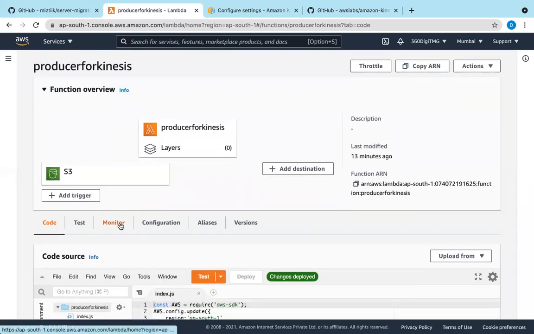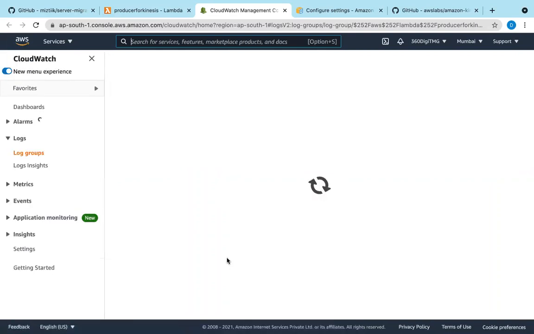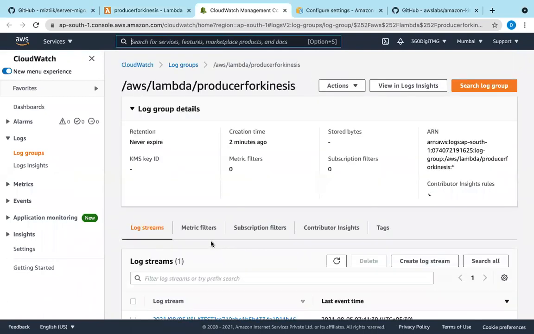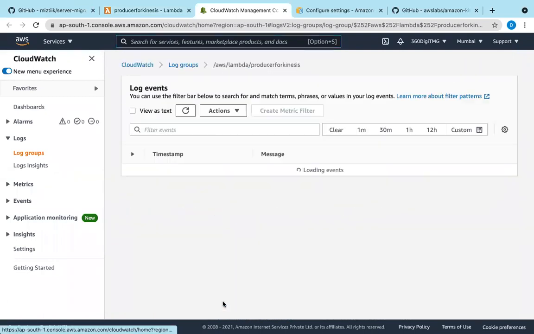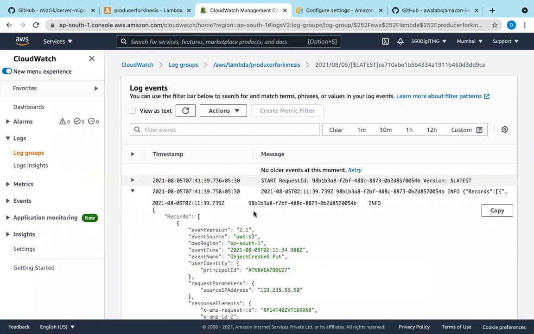Let's go to monitor, view logs in CloudWatch. Yeah, so logs have been generated, and the start request ID. After that, what happened?